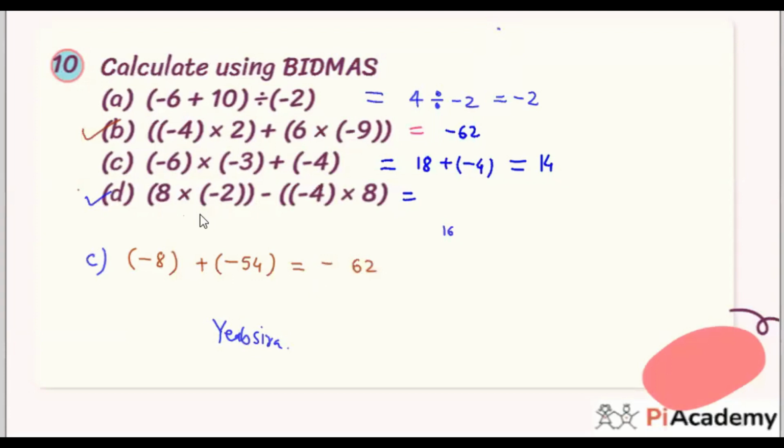8 times minus 2, that is clearly minus 16, right? Whenever you are multiplying two numbers with opposite, meaning different, signs, you are going to get a minus number, okay? Now minus, this is also opposite, so you are going to get minus 32. And as I told you, if inside and outside the bracket you have the minus sign, then that is going to be plus. So minus 16 plus 32, it means it's 16. Okay, so 16 is the correct answer, and very good everyone whoever told me this answer. Well and good.